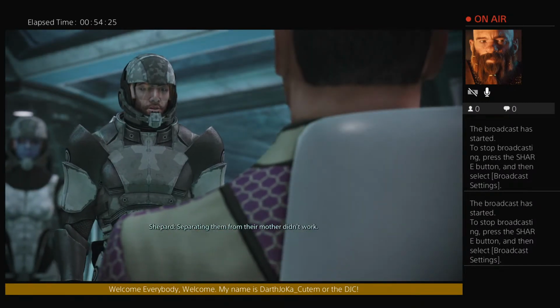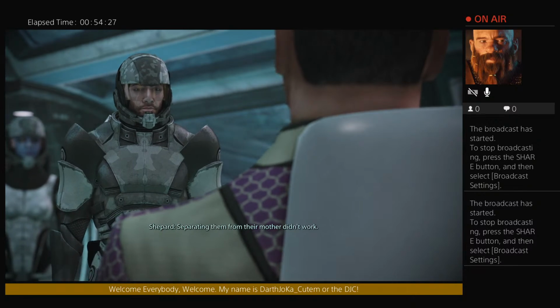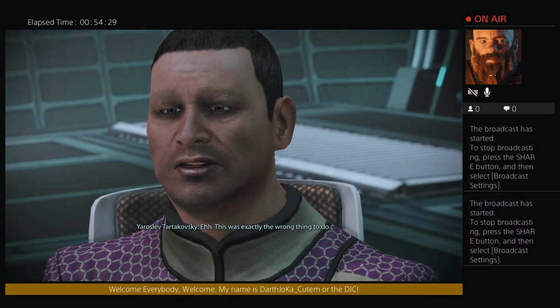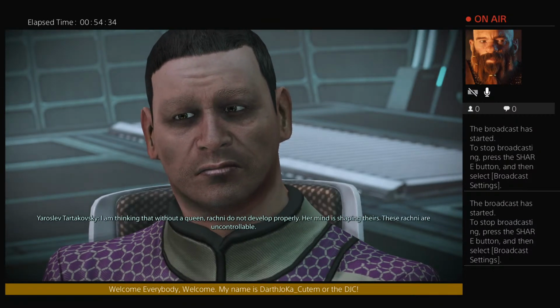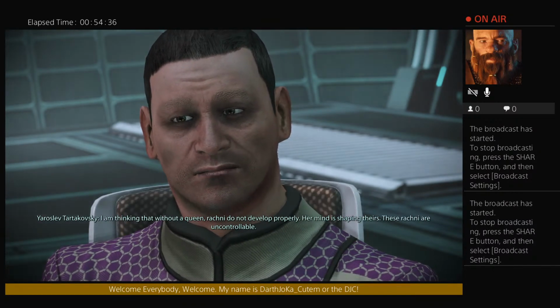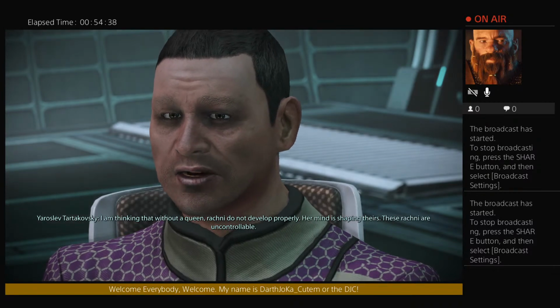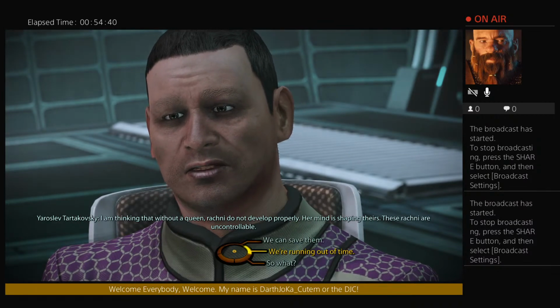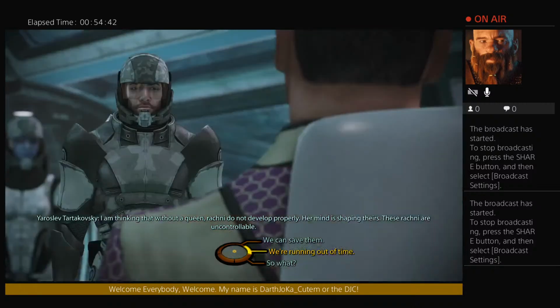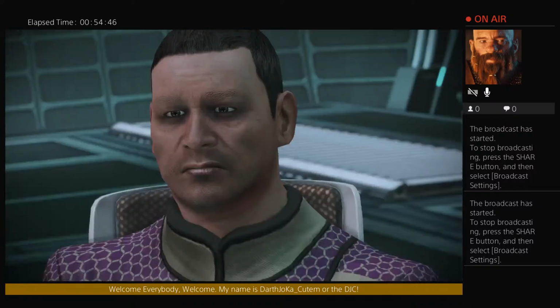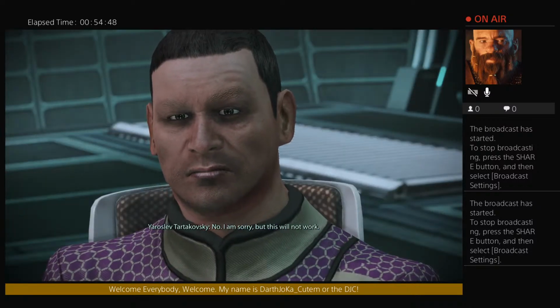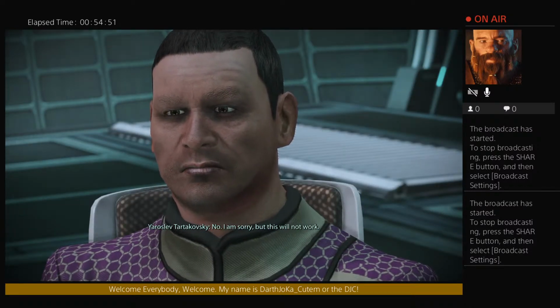The Rachni aren't obedient. Separating them from their mother didn't work. This was exactly the wrong thing to do. I am thinking that without a queen, Rachni do not develop properly. Her mind is shaping theirs. These Rachni are uncontrollable. We can save them. Then all we need to do is bring her here. No, I'm sorry, but this will not work.